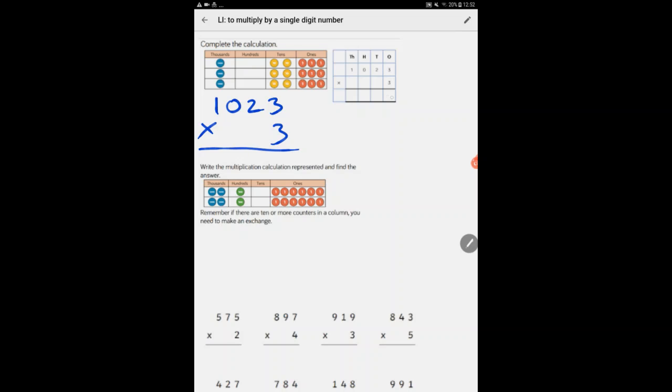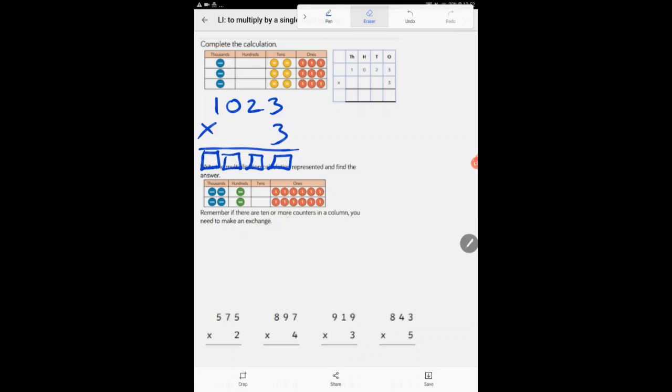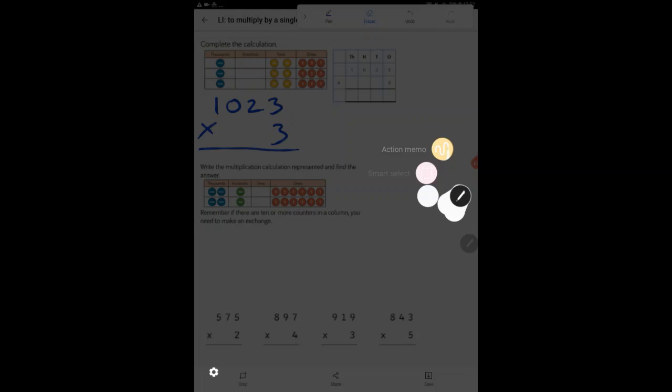And then to fill in the boxes underneath, you just count how many ones there are, write it in here. How many tens there are, write it in here. There are no hundreds, so write the place value holder in here, and then finally the thousands in the fourth box. Okay, just erase that. Okay, underneath you have